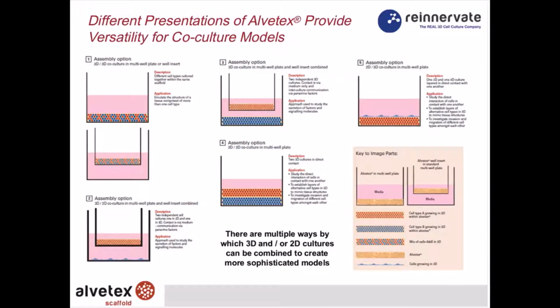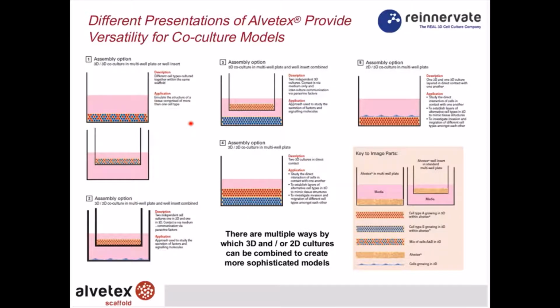And that's useful for longer term culture. Now, Alvetex is a very versatile technology, and it can be used for multiple applications in different ways. One of its strengths is growing cells in coculture in 3 dimensions. This slide shows a variety of different scenarios whereby cells can be grown in conjunction with other cell types within